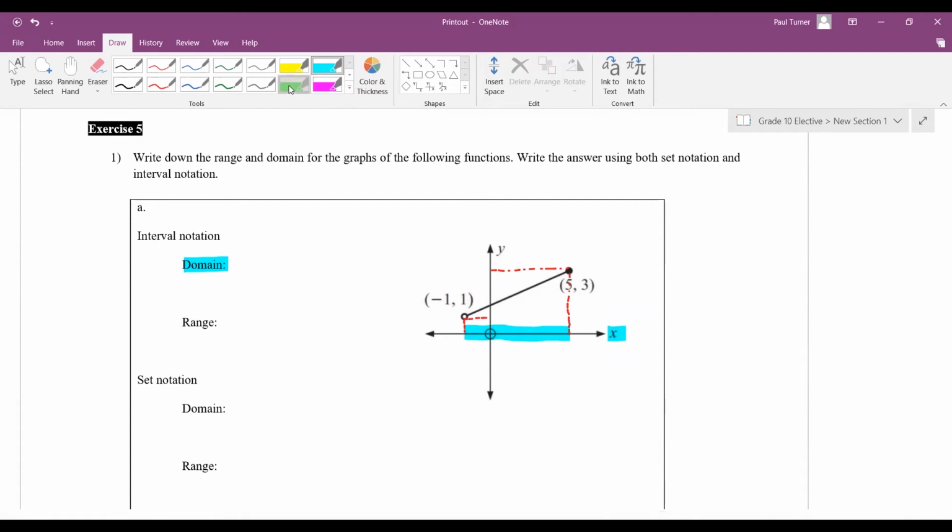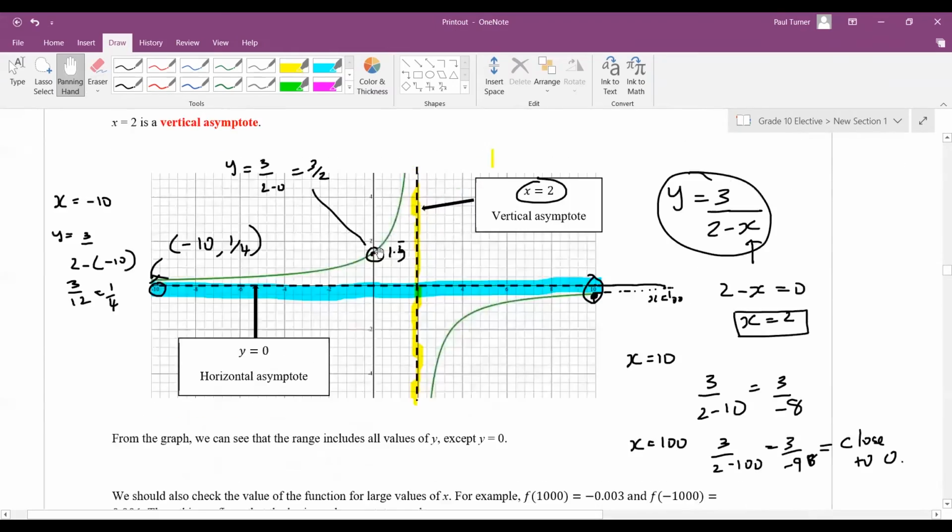But your range is looking at the y values. Where is your graph on the y-axis? That's going to be from here down to there. So for interval notation, let's go back and look at our notations,